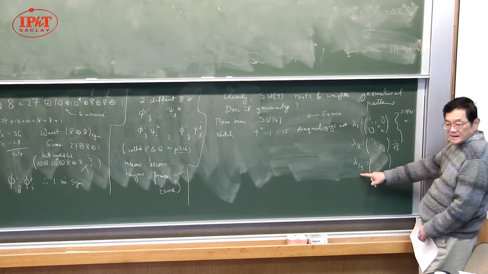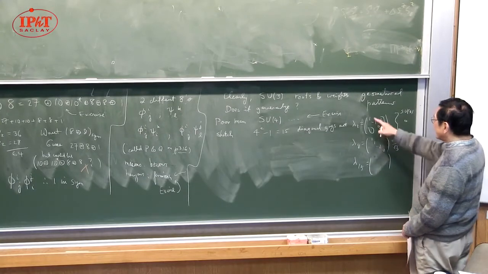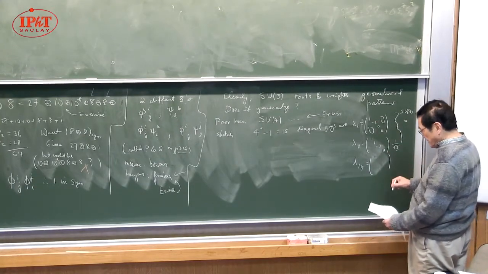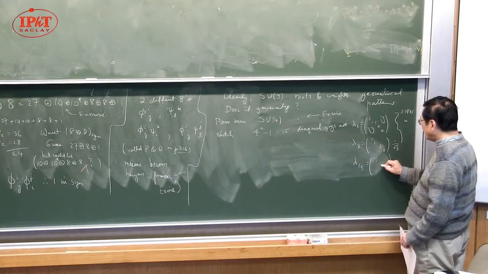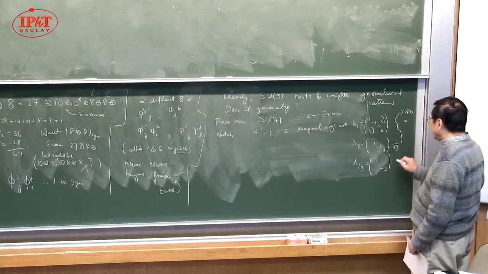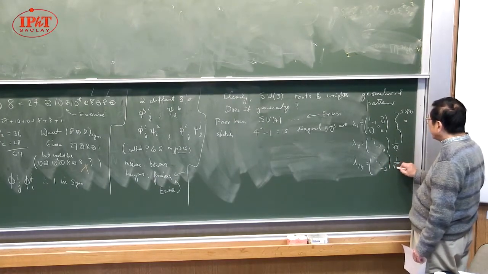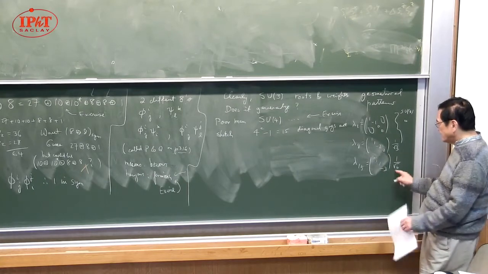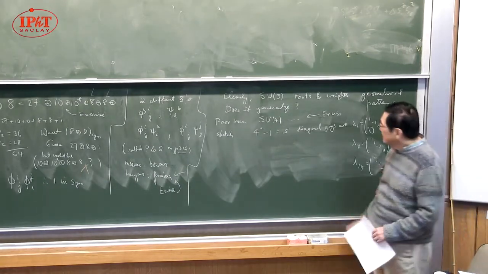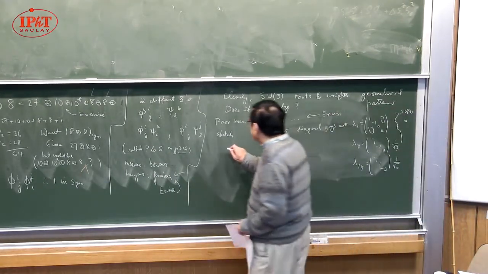The new one is this guy, and it has to be traceless and orthogonal to these. So it's obviously 1, 1, 1 and minus 3. And the normalization, in order to be normalized the same way, is 1 over root 6. Okay? So therefore, the weights